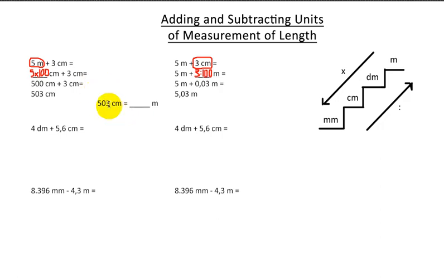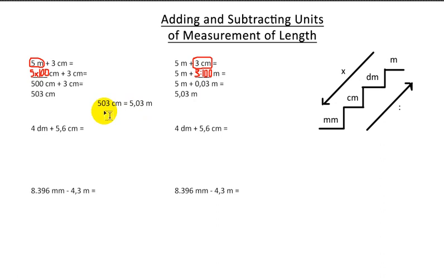You need to say 503 divided by 100, which gives me 5.03. Or if I gave you 5.03 meters and I asked you to turn this into centimeters, you would have to do 5.03 times 100, which makes